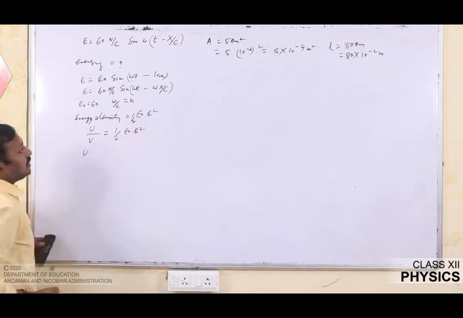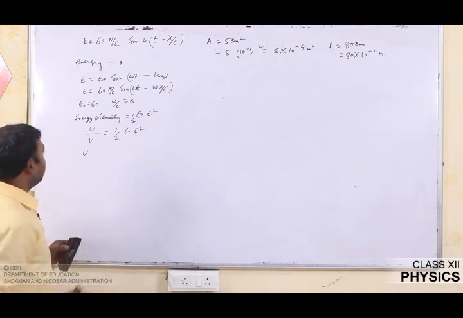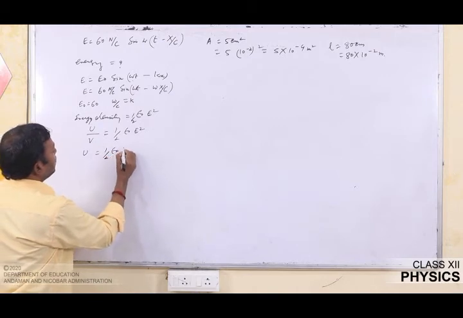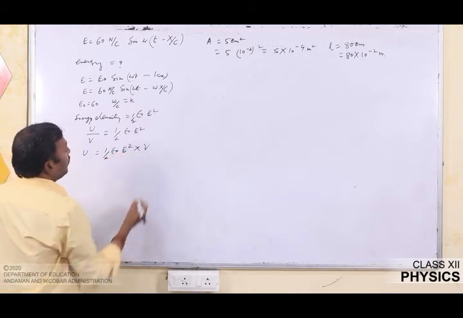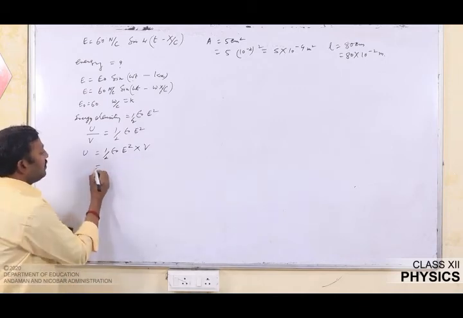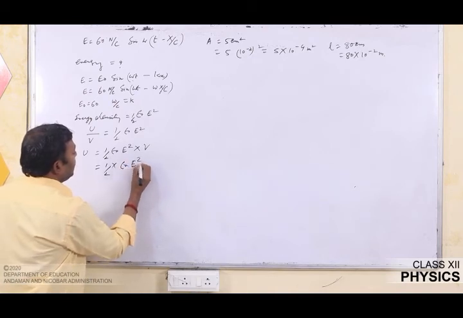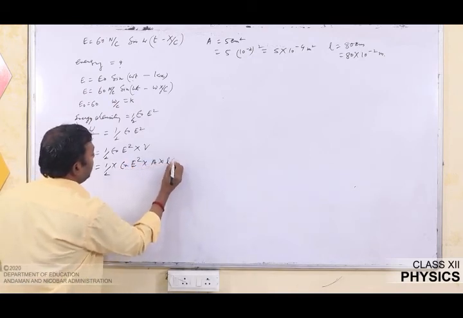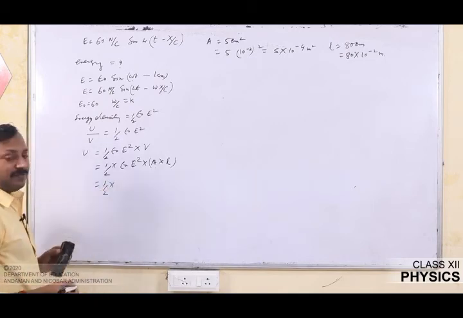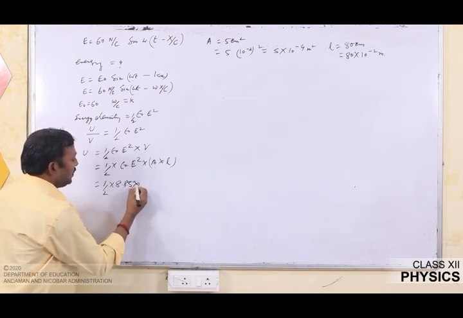So, energy that corresponds to the given cylinder of area of cross section as well as length is given by U equal to 1 by 2 epsilon 0 E square multiplied by V, where V is volume and it can be written as area multiplied by length. This will be equal to half multiplied by epsilon 0 E square multiplied by A multiplied by L. Now, the value of epsilon 0 we know is 8.85 into 10 to the power minus 12. So, we can put that value here. You get 8.85 into 10 to the power minus 12